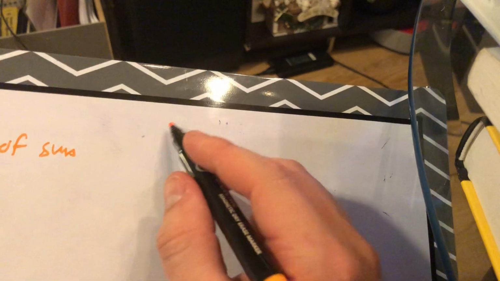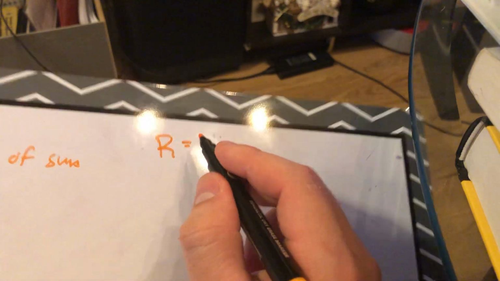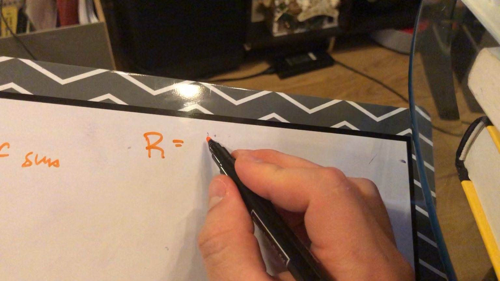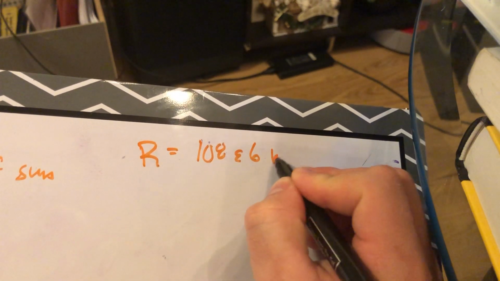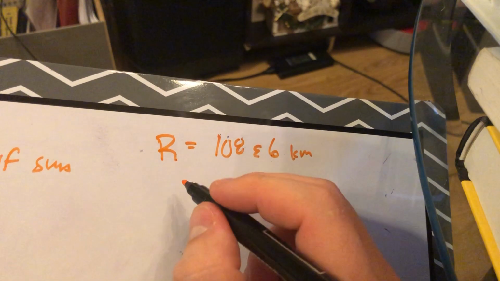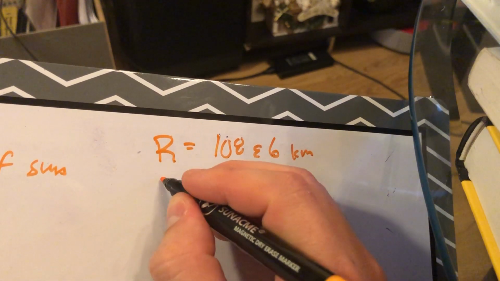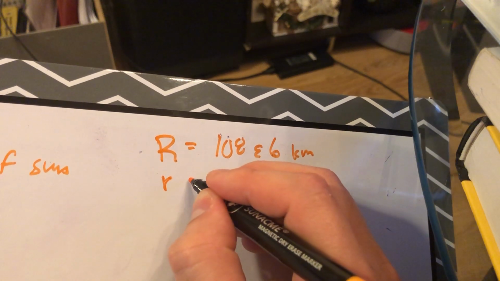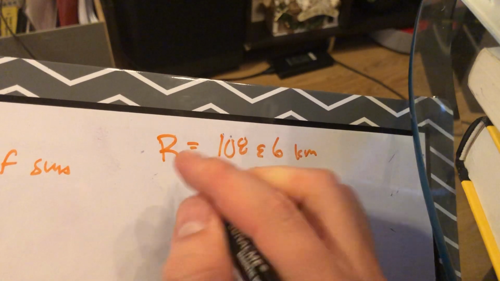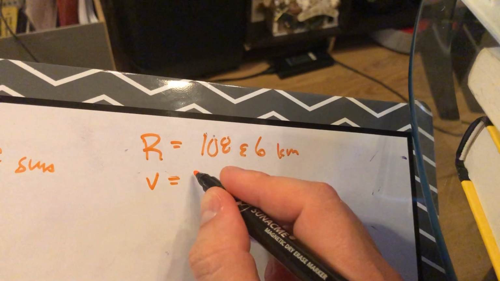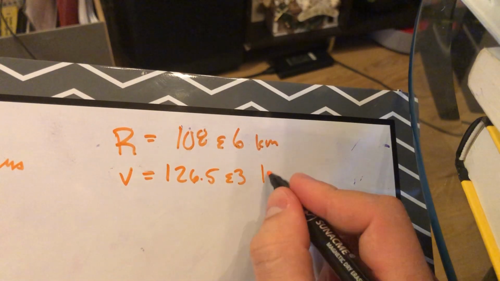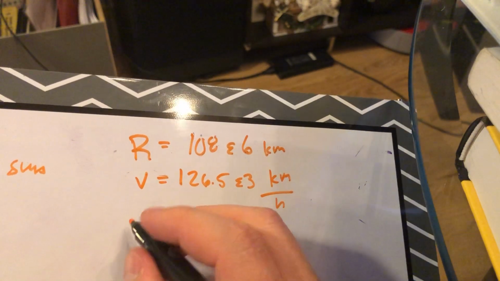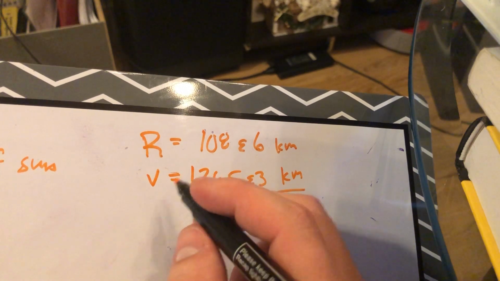Okay. So we know big R, that is Sun to Venus, right? Big R is 108 E 6 km. And we know little r. No, let's get the velocity first. Velocity is 126.5 E 3 km per hour. And we know